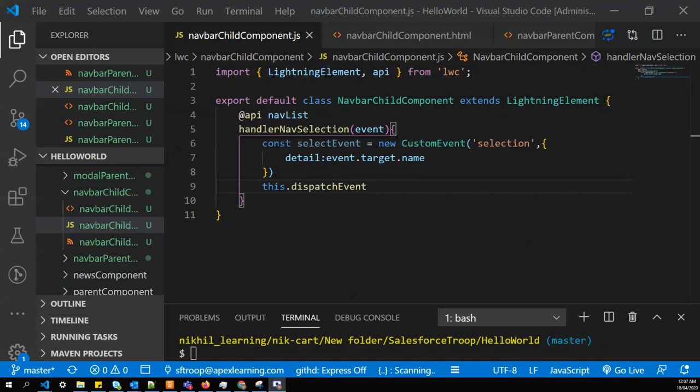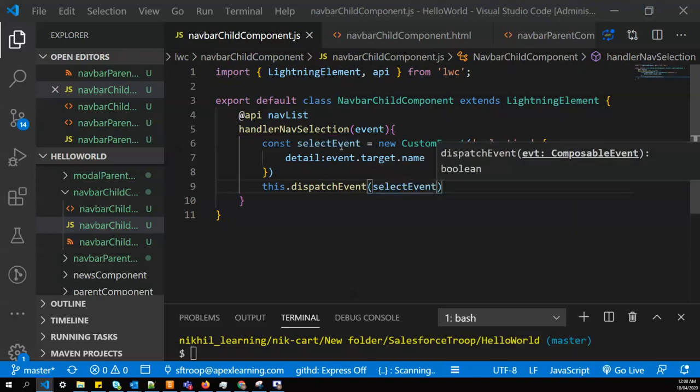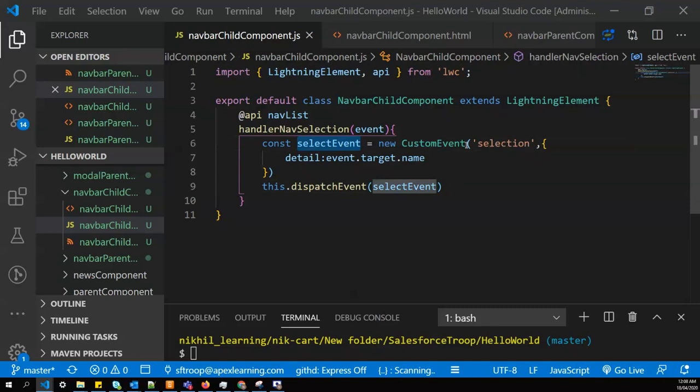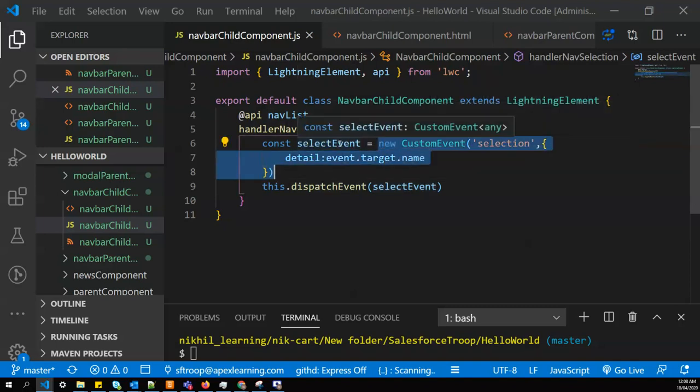So we'll dispatch this event that we have created now. So the event name is select event, the instance that we have created for this. So the select event we are dispatching now. Select event is nothing but the new event that we have created, we have assigned to select event, and our event name is selection.